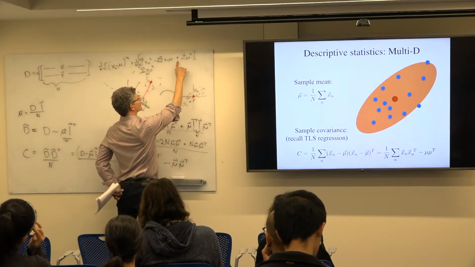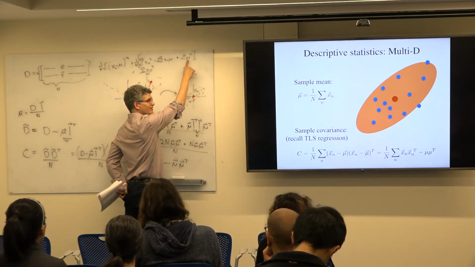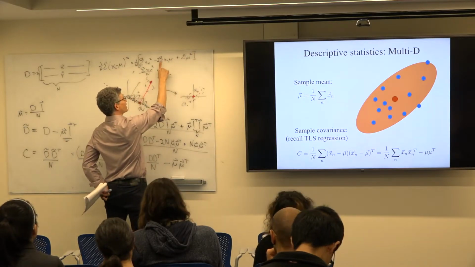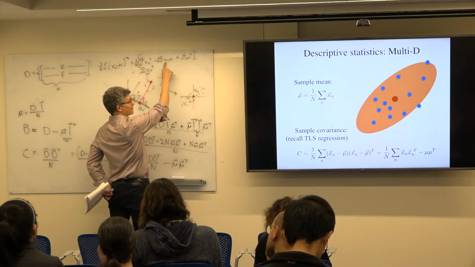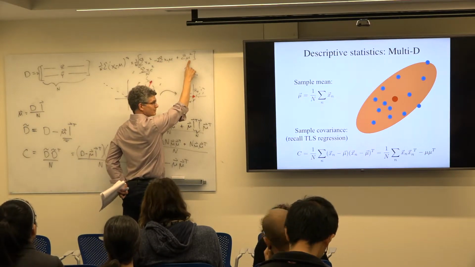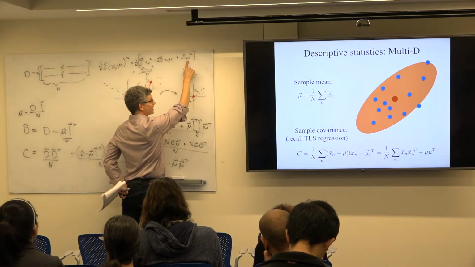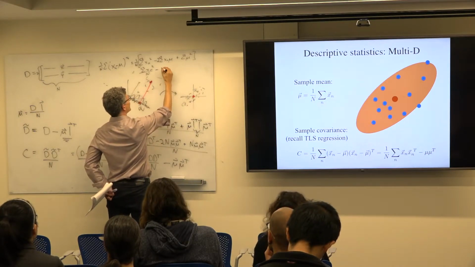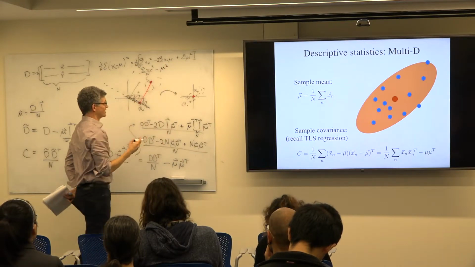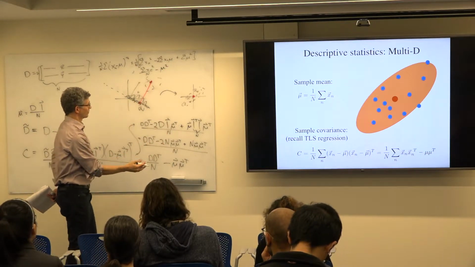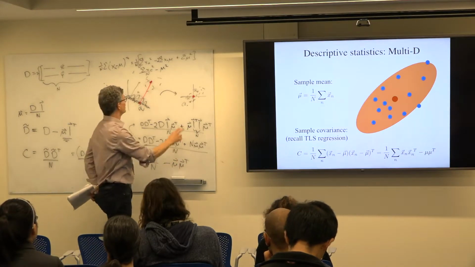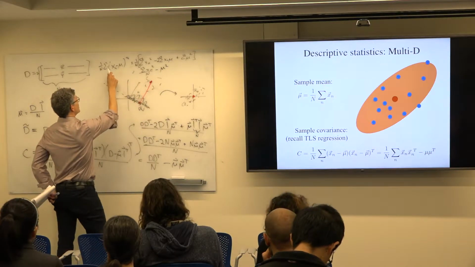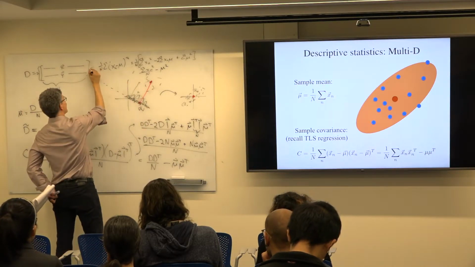So this is minus 2 times n times the mean squared. And then I have plus, this is the sum of the mu squares. I added up n times, so this is n times the mean squared. So I have minus 2n times the mean squared, plus n times the mean squared, which is again minus n times the mean squared. I divide by n, it's just minus the mean squared. So it's exactly the same calculation that we wrote out, except instead of writing outer products and vectors, this is just scalars. Okay? So in the one-dimensional case, what happens is the covariance, or the variance in this case, sigma squared we usually write,